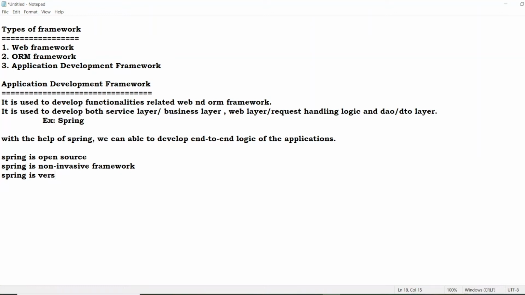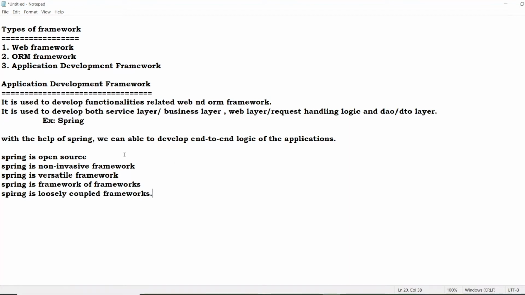Spring is a versatile framework. Spring is a framework of frameworks. Spring is a loosely coupled framework. So let us understand each and every word clearly.